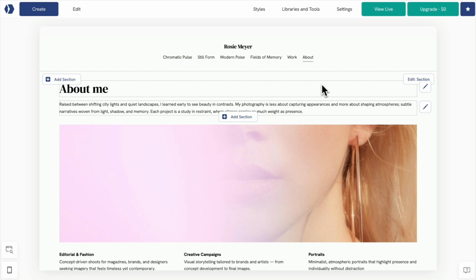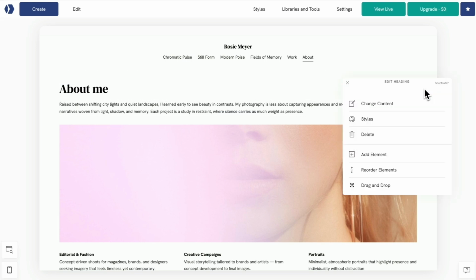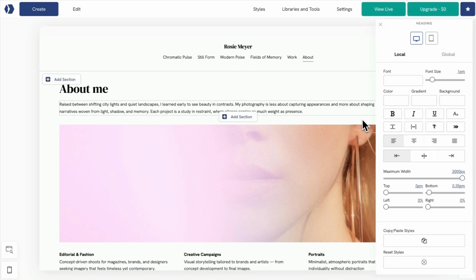To edit an element, click the pen icon next to it. We'll start with the heading. Click Styles to access the customization options, such as font, font size, text color, alignment, and more. At the top, you can choose to edit the desktop or mobile styles. In this video, we'll focus on desktop styles only, and we'll take care of the mobile styles once we're done